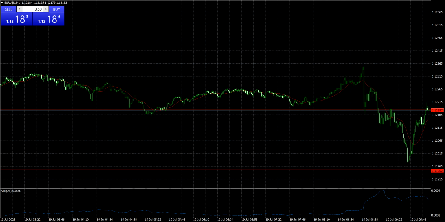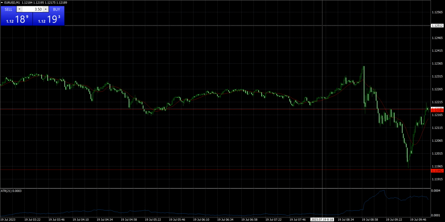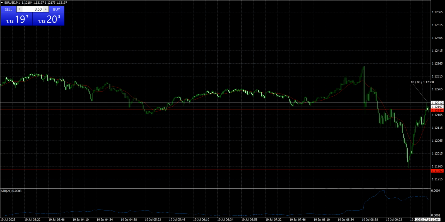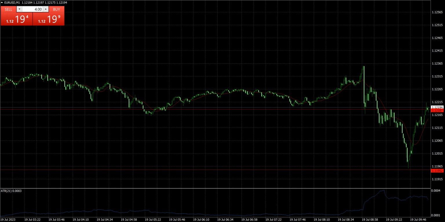So right now, I do like what I'm seeing, and I'm going to look to buy it at the highs of 1.2215 because this is going to be my first trade of the day. I did have enough time just to see what was going on. We have been range bound, and with a 4 pip stop loss, I would go for a nice target to the north. I'm going to use a 4 standard lot today because we're buying it.